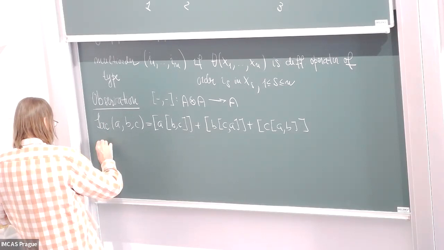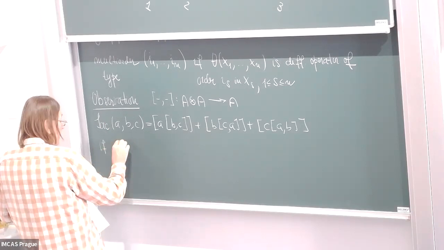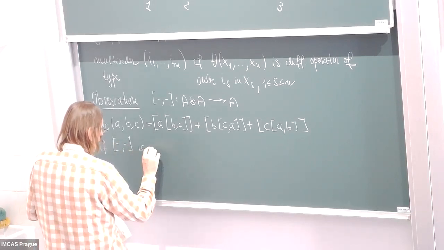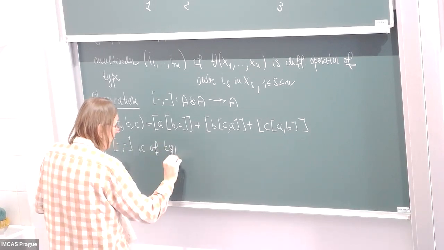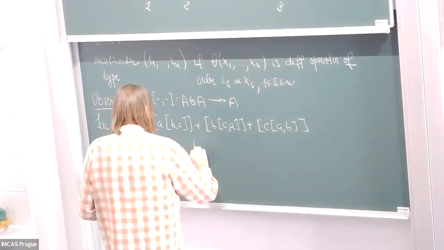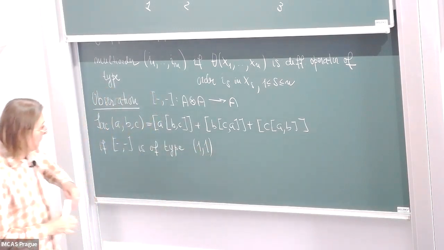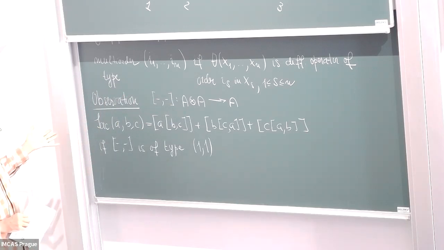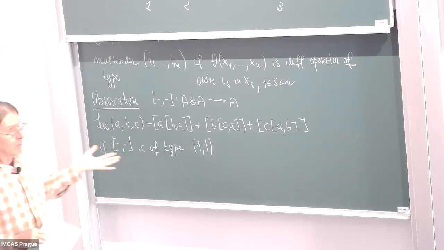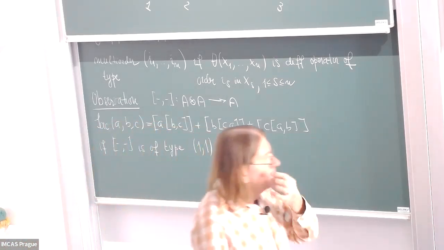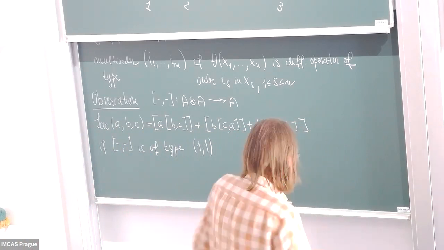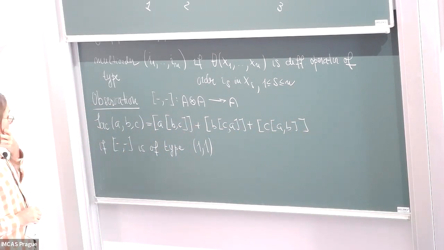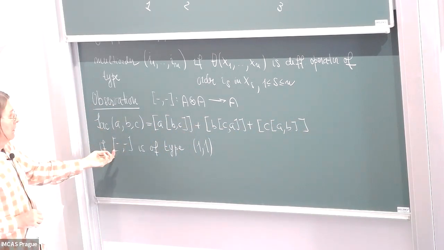Here is the observation. If the bracket is of type 1, 1. So this bracket and another bracket have nothing to do with each other, because certainly here G is a Lie algebra. So it is just another anti-symmetric operation. And the observation is that if it is of type 1, 1, then